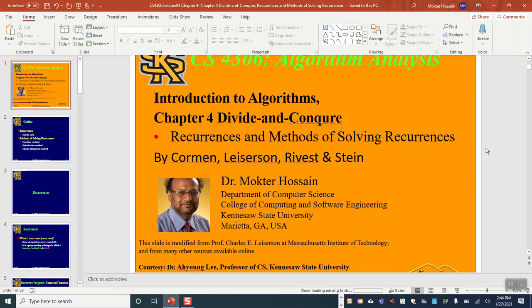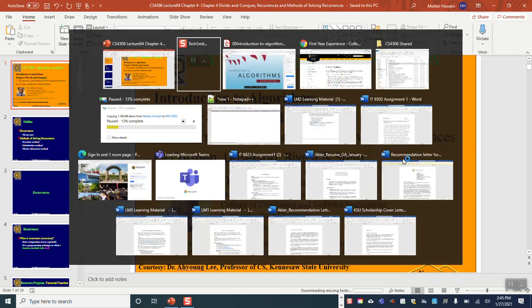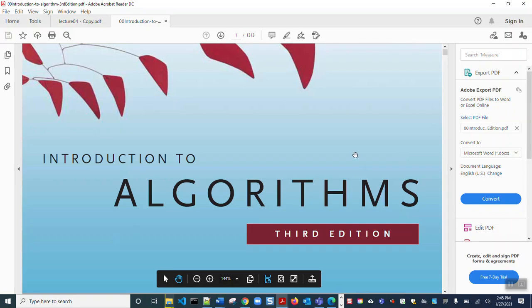So in this lecture we will discuss the divide and conquer method, and recurrences and methods of solving recurrences. Actually this is part of a chapter from our textbook. So if you open the textbook,